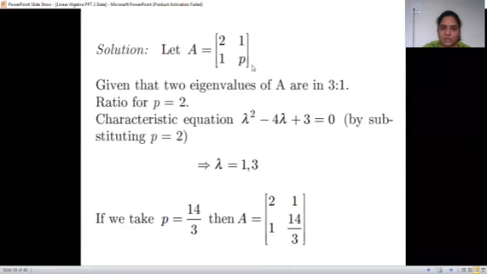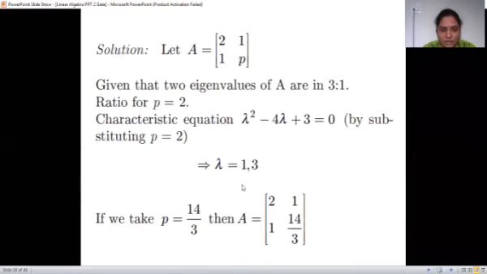RV, whatever you are saying, 2, 2, is the case only if the matrix is upper triangular or lower triangular. If p is 2 here, we have to make it 0 here, right? For that, multiply this row by 2 and subtract from this. So 2 minus 2 will be 0 and 2 into 2, 4 minus 1 will be 3. So we cannot directly say 2, 2. So find out the lambda. Lambda is here 1 and 3. Eigenvalues are 1 and 3.